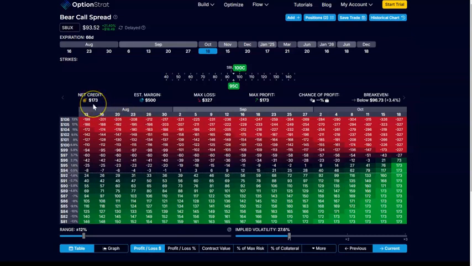Yes, $173 put in our pocket right away, and you can use that for other trades. It's available to you. But you have to reserve $500 in margin. That doesn't mean you're going to use $500 of margin, it just means reserve. Your max loss is this minus this, which equals 327. Max profit is 173, and your break even is